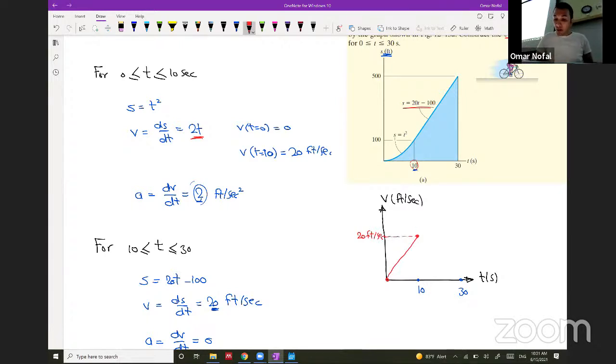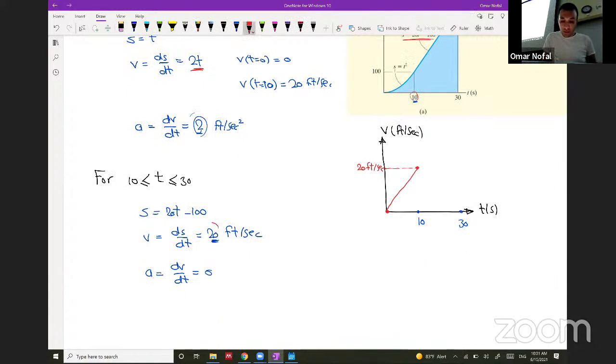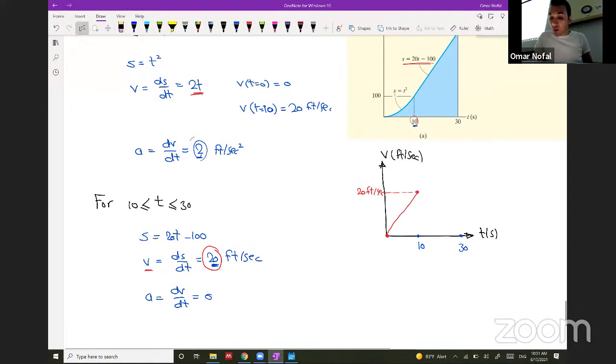And after 10 seconds, we should use this equation. So it's constant, it's 20. So I start from here and end up here. So this is how the V with respect to t looks like. It has a linear function from 0 to 10 and then constant from 10 up to 30. And let's get to the